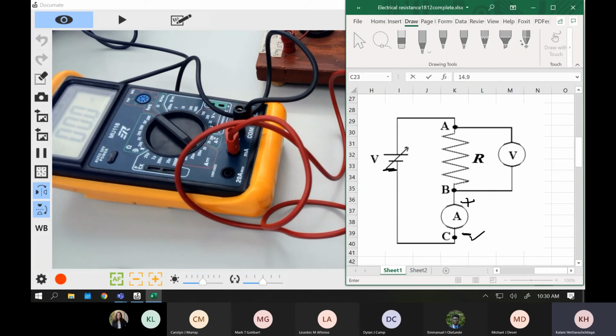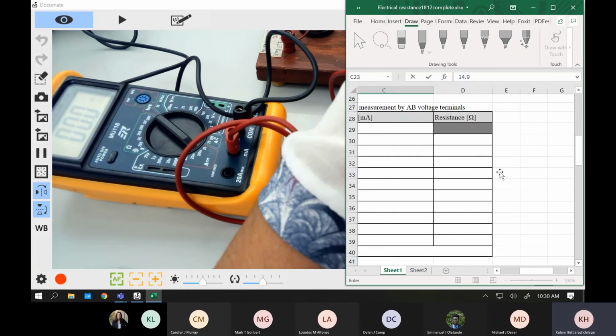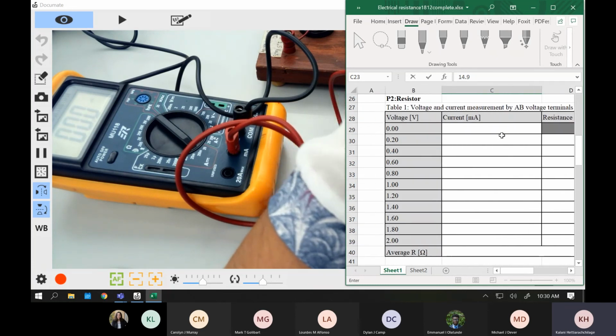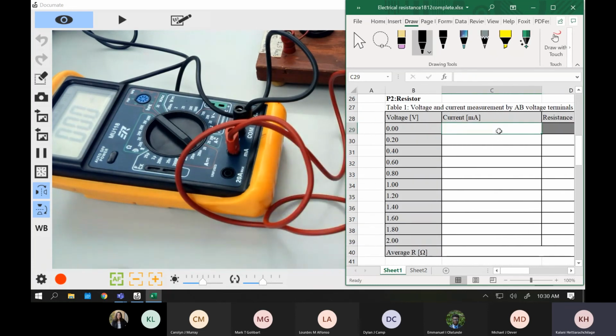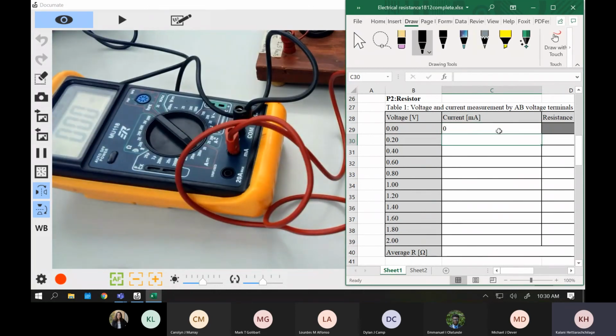Okay, so now we're going to change the voltage as in our table. Now when you go to the table, we're basically going to complete this table. So now we have 0 voltage, we don't have anything, so your current is 0. Right, and then we will move into the second one. This is where some of the setups may not work. In that case, we need to switch to the other groups.